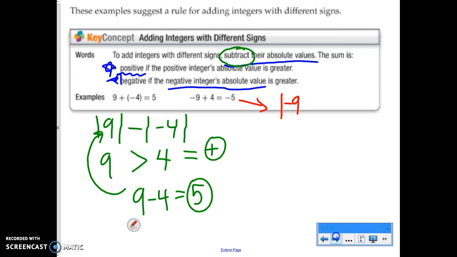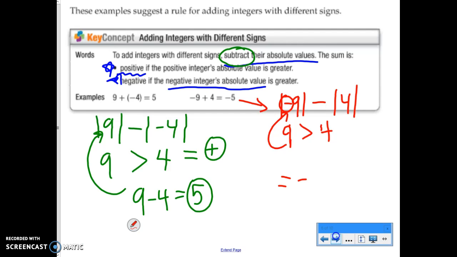All right, looking over at this example, I'll write it over here. Again, I'm going to take the absolute value of negative 9, and I have to subtract the absolute value of 4 from that. Well, here I know the absolute value of negative 9 is 9, and I'm subtracting the absolute value of 4. Because 9 is greater than 4, I look back at my 9 again. I can see that it is a negative integer, so I know that my answer is automatically going to be